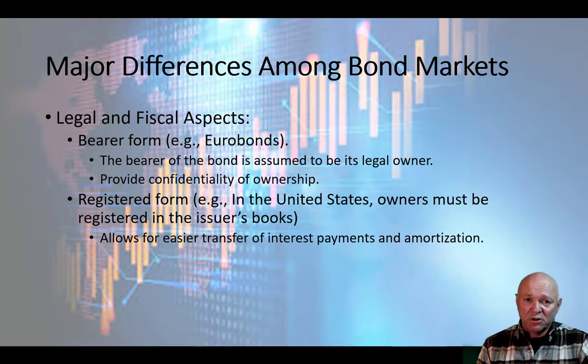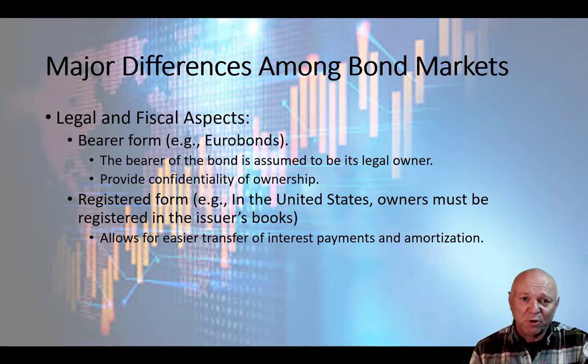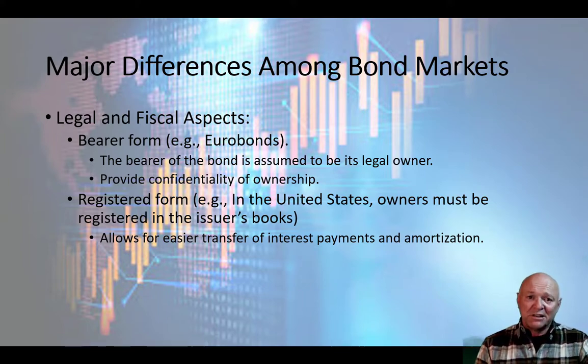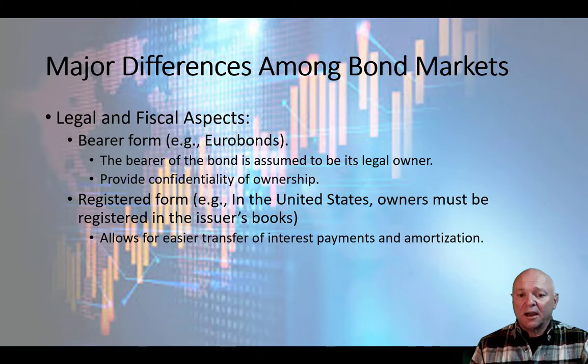The legal system is going to be very different from one traditional area to another. For example, European markets typically use either the French version of Napoleonic law or the German interpretation of that, the German Commercial Code. In the United States and Britain, we tend to use common law. So the legal form may be a little bit different. In